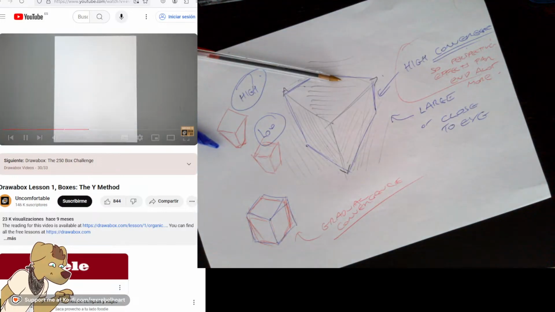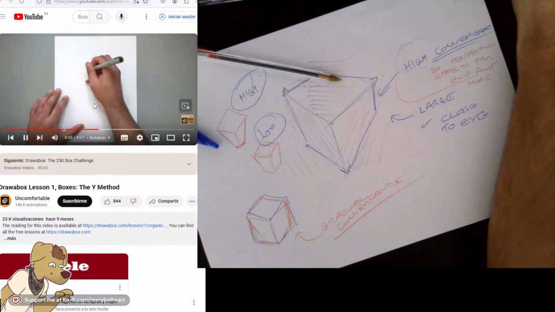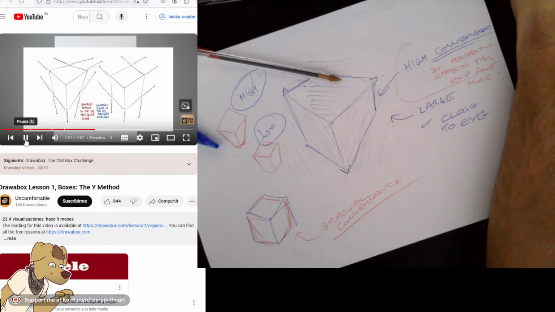Foreshortening also has a direct relationship with how far away our vanishing points are positioned on the page from the object we're drawing. The closer the vanishing point, the more rapid the convergence. The farther the vanishing point, the more gradual the convergence. So while you're drawing a box using the Y method, purposely pushing the vanishing point farther away or bringing it very close will allow you to control the rate of foreshortening more intentionally. Another point to consider, and this is something we do using the Y method,